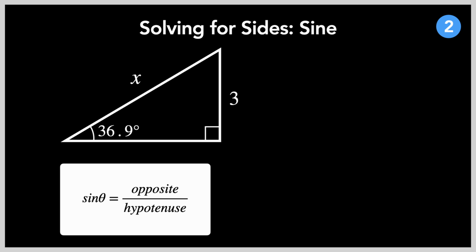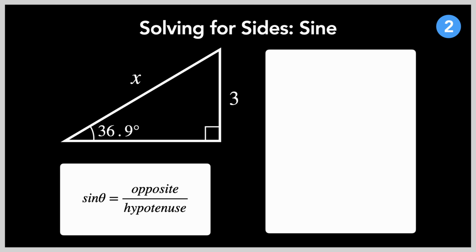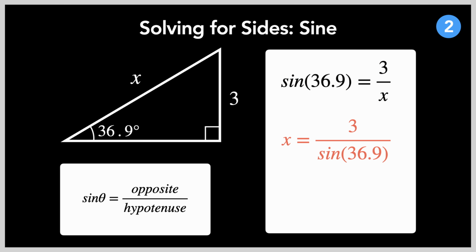All you would need to solve for the length of one side is the length of another side, plus the value of angle theta. Let's start off with this example, using sine to solve for the hypotenuse. In this triangle, we are given two values we need in order to solve for length x, theta and the opposite side. According to the principles of sine, the sine of 36.9 degrees would be equal to 3 over x, as represented here. After rearranging the equation to make x the subject, we can calculate 3 over the sine of 36.9, obtaining an x value of 5.